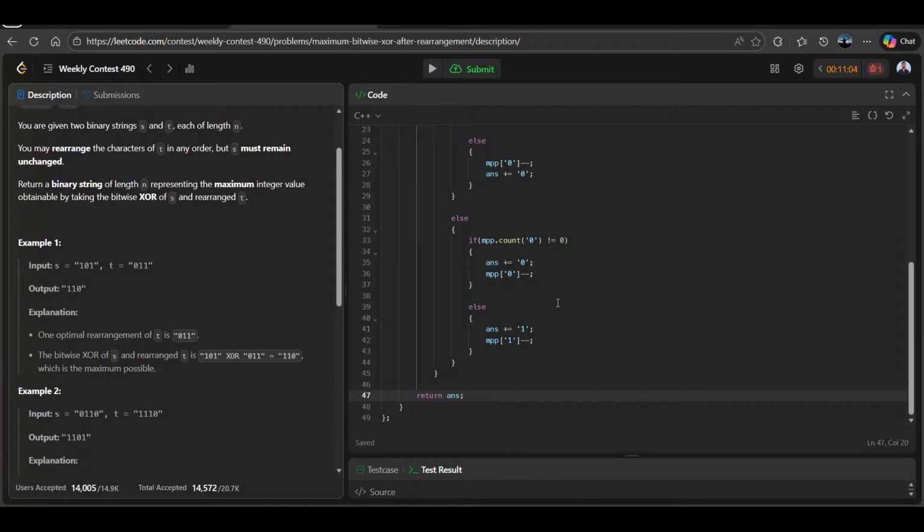I'm using the map. Hey, yaar. Okay, no problem. Just let me do it. Got the thing because